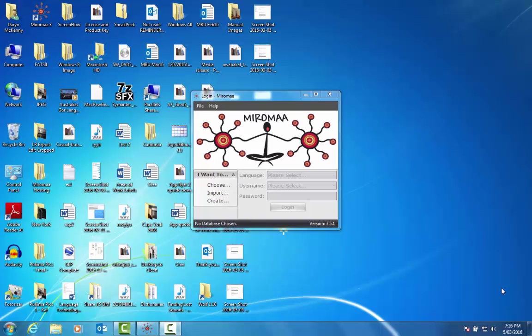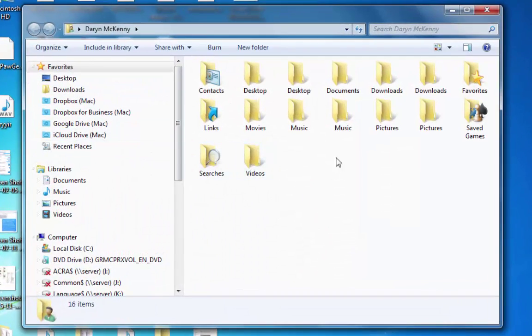This Miromaa video is going to be a bit about file management and just preparing our files before we create our first database or our first language database. So we've got the login screen open, but I'm actually just going to go over to my documents, and I'll